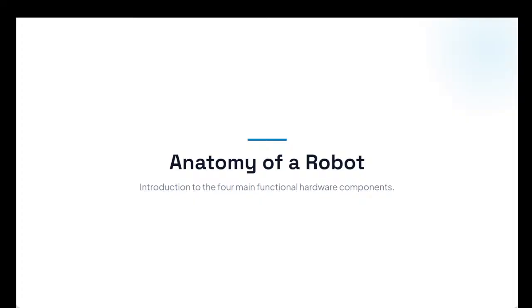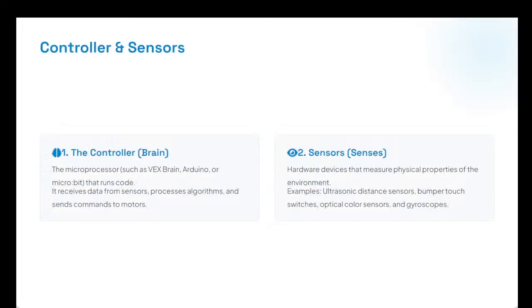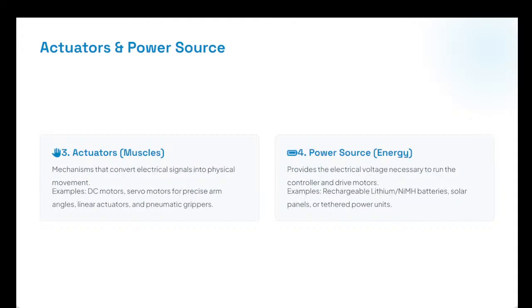Autonomy of a robot. Introduction of the 4 main functional hardware components. The microprocessor, such as VEX Brain, Arduino, or Micro:bit, runs the code. It receives data from sensors, processes algorithms, and sends commands to motors, which is the brain, which people use computer science to code. Then sensors: hardware devices that measure physical properties of environments. Examples: ultrasonic sensors, distance sensors, bumper touch switches, optical color sensors, and gyroscopes. Actuators: muscles, mechanisms,